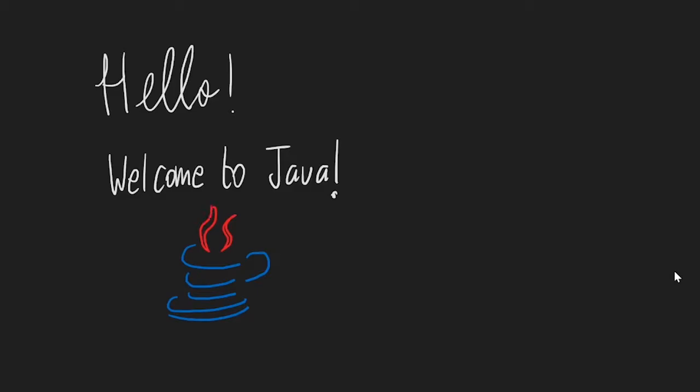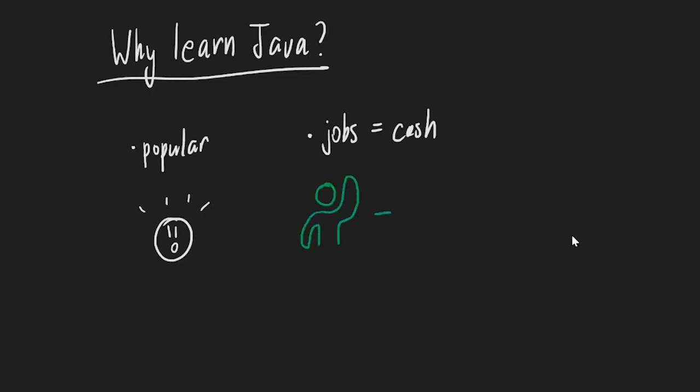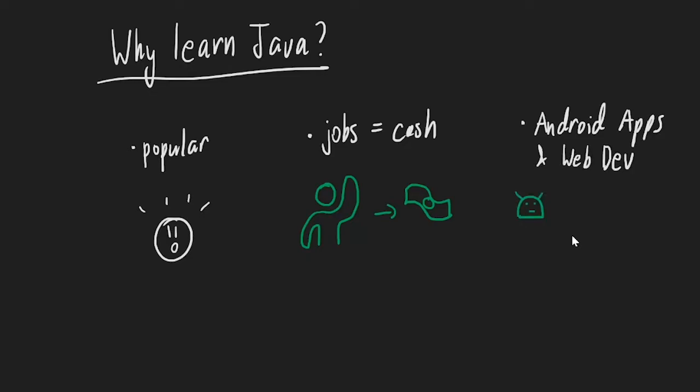A few viewers requested a beginner's Java tutorial, so here it is. So why learn Java? First of all, it's really popular. 5.5 billion devices run Java. There are many jobs looking for people that know Java, and Java is flexible for many choices like Android apps